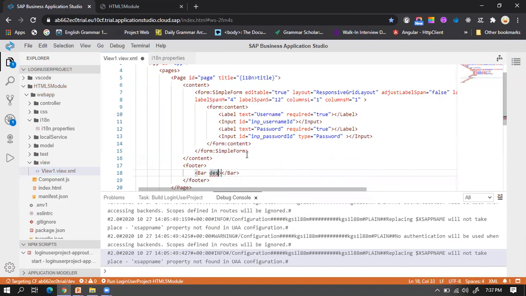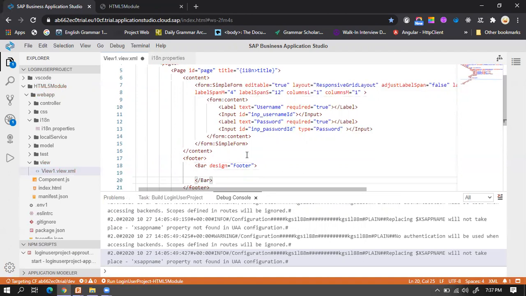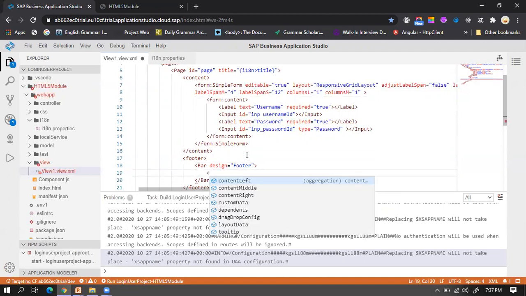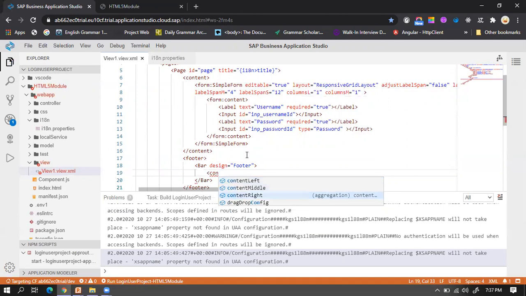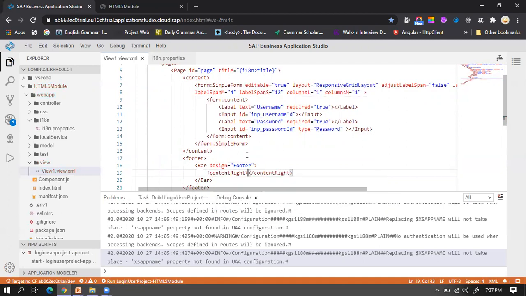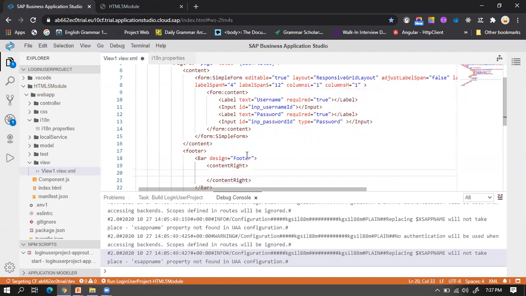I want this design as a footer, that's why we kept the design as footer in the property design. Then we have the aggregation, I wanted it to be content right. So I'll click on content right, and I can put my button.